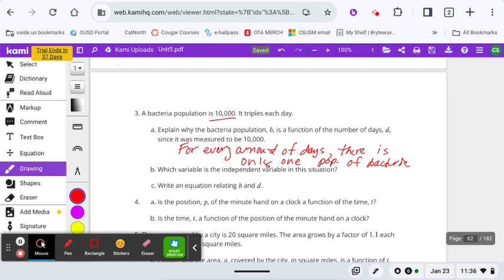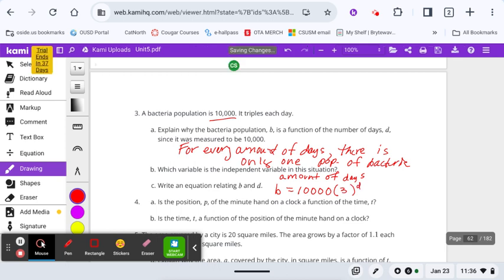Which variable is the independent variable in this situation? Independent is the amount of days. And then write an equation. So the bacteria population begins at 10,000,